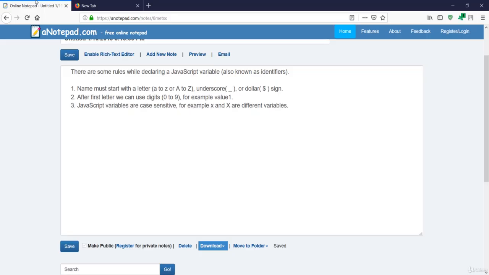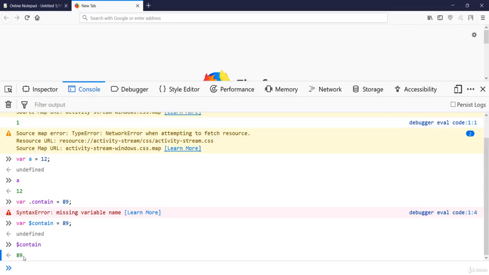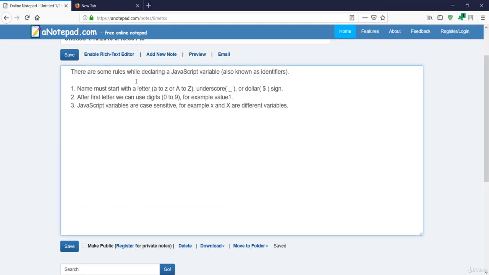So you can see the rule over here: the name must start either with a letter, underscore or the dollar sign. But if I make the variable start with the dollar sign, like $contain is my variable name, this is valid. So if I print this, the value will be 89. So one rule is to create the variable name from this convention, and the second is that after the first letter we can use digits, like value1, which is valid.